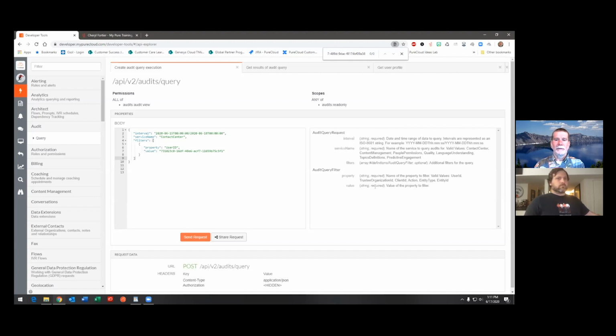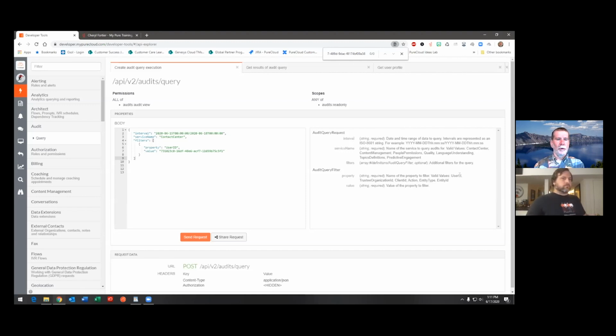And then there's also a filter you can use. So you can filter things down based on any of these values, like a user ID. What if I want to know, for example, in this case, did a user take themselves out of the queue? Did they mark themselves inactive on a queue? Then I would have to have that user's ID to go back and look and see, yeah, did that user actually deactivate themselves? Not that the agent should be able to do that, but sometimes you give that permission.